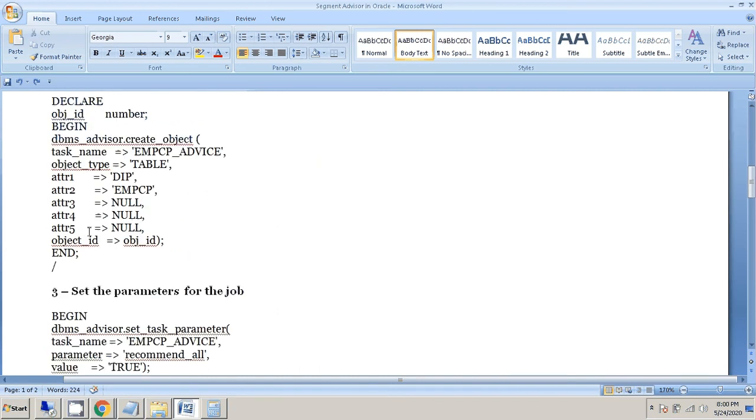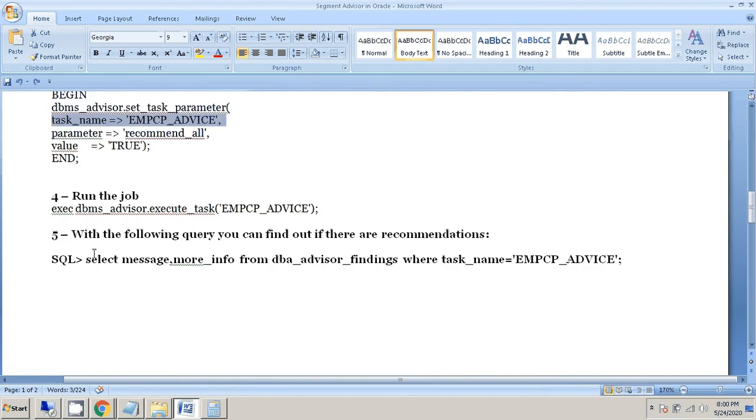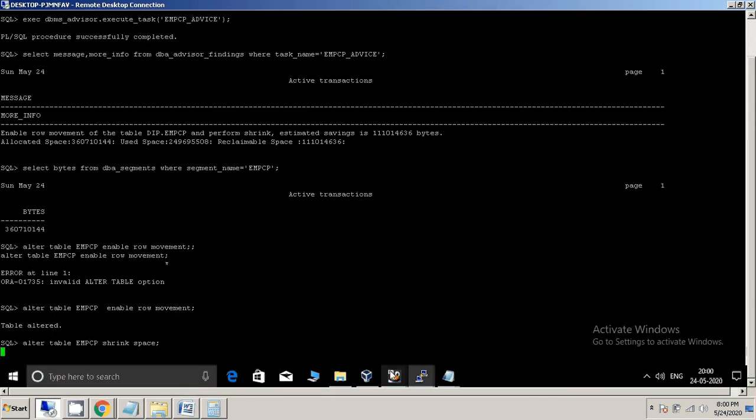Then we run the script, then set the parameter for the job: begin DBMS_ADVISOR.SET_TASK_PARAMETER, task name EMPCP advise, parameter recommend all. And we executed DBMS_ADVISOR.EXECUTE_TASK for EMPCP advise. Let's see our output. We are still waiting for this output.